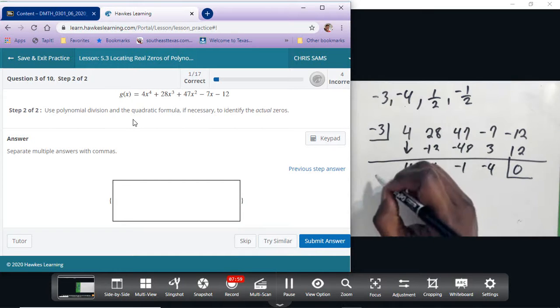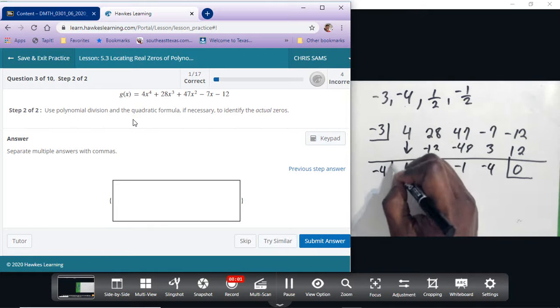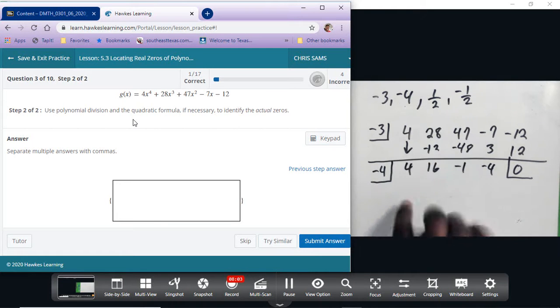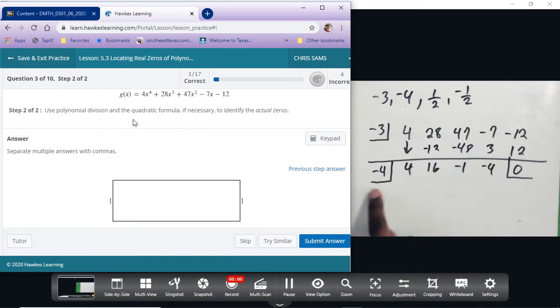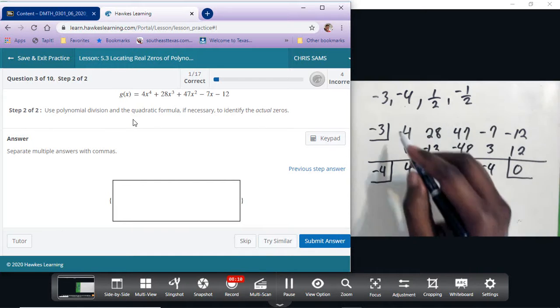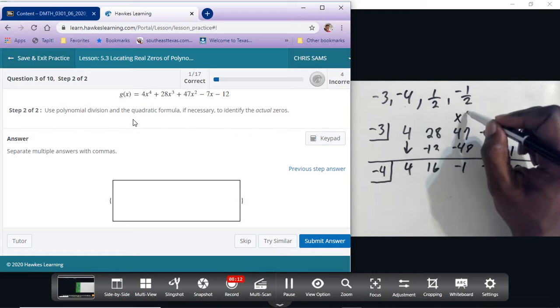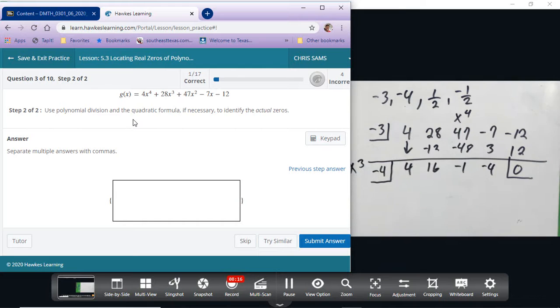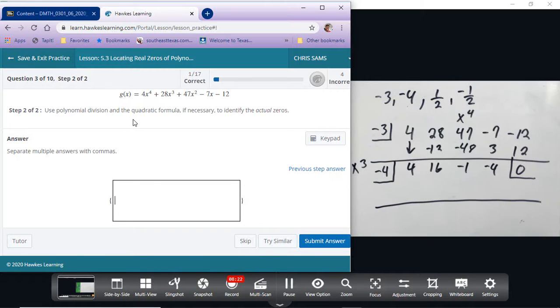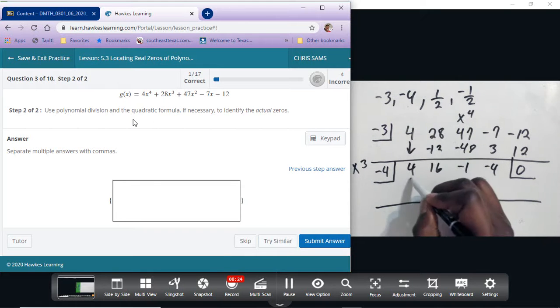So now I'm going to use -4. Since that number was a 0, we've kind of reduced it out, and we can just continue going. You don't have to start over with this and do it again. You can just continue going. Alright, so notice this was an x to the 4th. So this is now an x to the 3rd. Okay, and then the next one will be an x squared equation, which I'm going to probably just factor that one. Alright, bring the first term straight down,